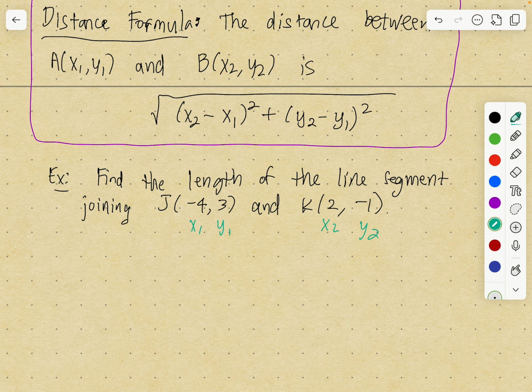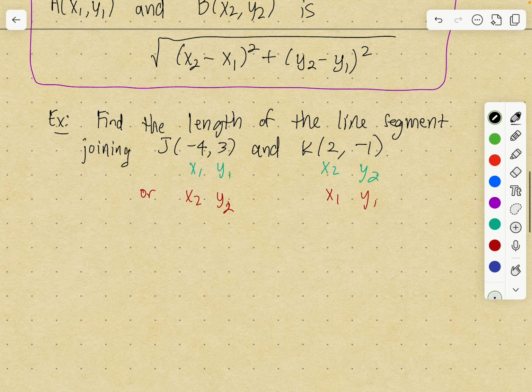Now it doesn't matter which one is your x1, y1, and x2, y2, because you're just finding the distance between 2 points, right? And if you're finding the distance from J to K, that's the same as the distance from K to J. So it doesn't matter which one. You could make J your x2, y2, and K your x1, y1. And I would encourage you to actually plug in the numbers and see that it doesn't matter either way. Okay, but let's just use J as x1, y1, and K as x2, y2